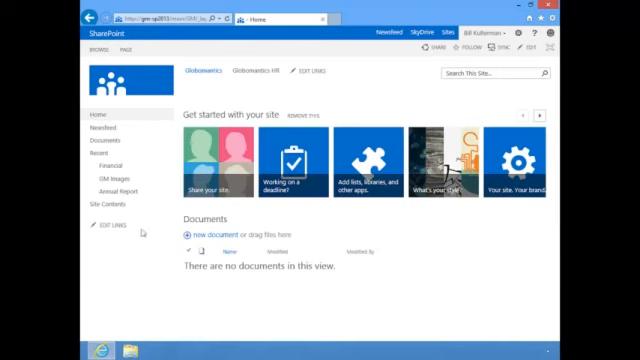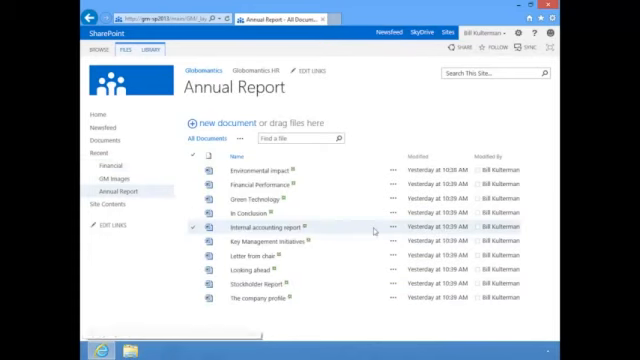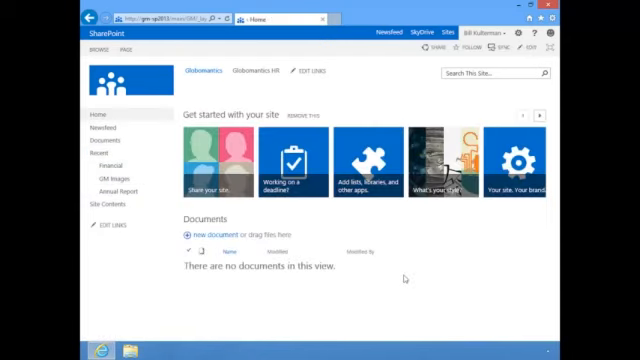So let's go back to our top site, and you'll see now that I have created a couple of document libraries, and they look pretty much the same as we've always seen. I have an image library. And there we have our first quick look at a